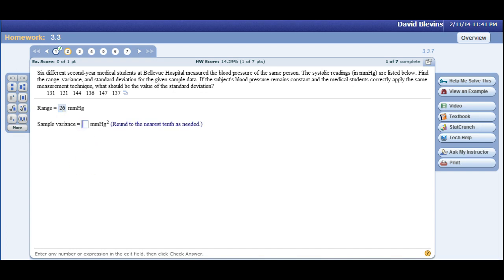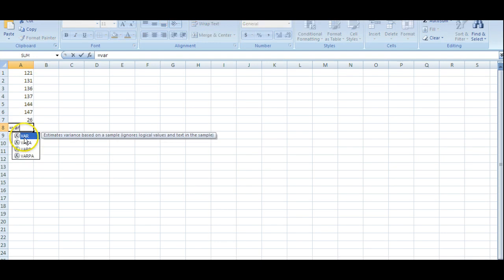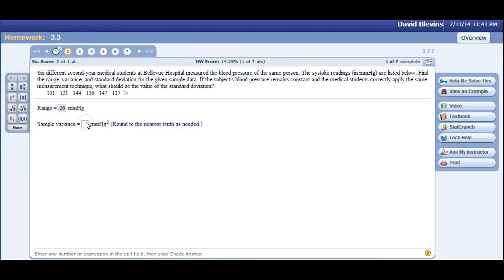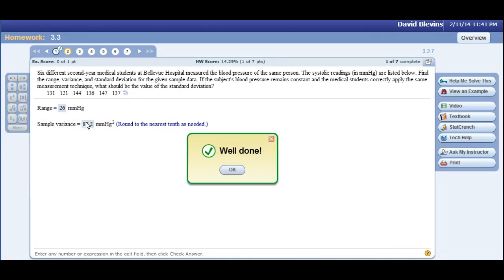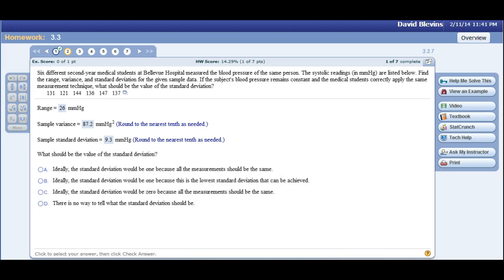Alright, same thing, sample variance, just go there, equals variance, and then highlight your data. Standard deviation. Data, I'll include the range. So 87.2. Alright,